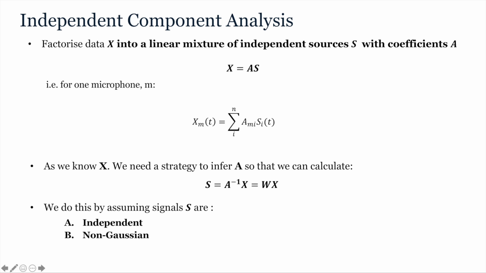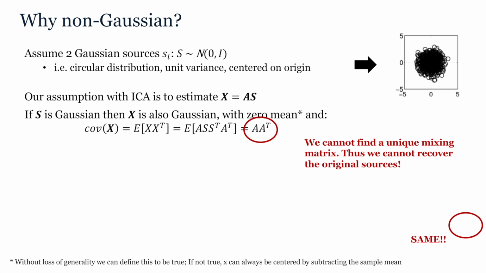ICA therefore seeks the inverse of the mixing matrix A, otherwise known as the unmixing matrix W, by assuming signals are both independent and non-Gaussian. Why must the signals be non-Gaussian? Well, let's assume instead that we have two Gaussian sources such that S can be represented by a bivariate unit Gaussian centered on the origin, as shown in this figure, and this is mixed with coefficients A